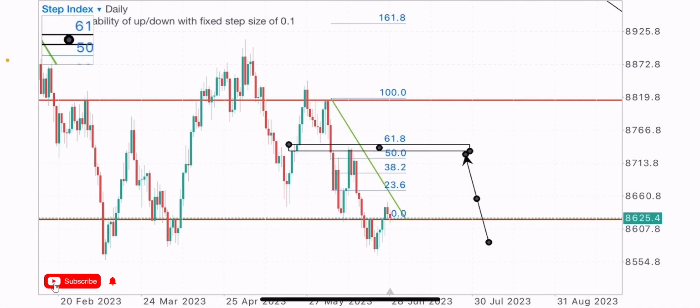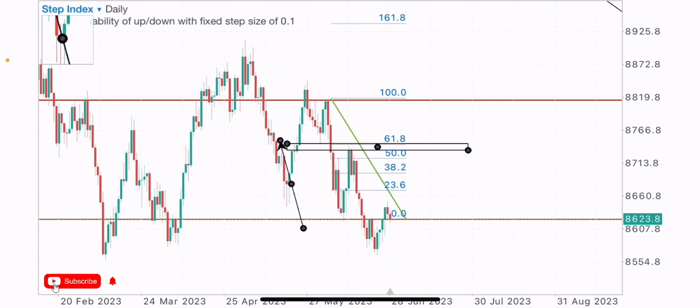You can see it's also matched up with our level of support that got broken, turned resistance, swing high, swing low identified, retracement level 61.8 level and 50.0 level, which is perfect. Taking the sells at this point will give us a good profit. You can see the market sold after these retracements, like the retracement, then we can see the sell-off. So let's check another